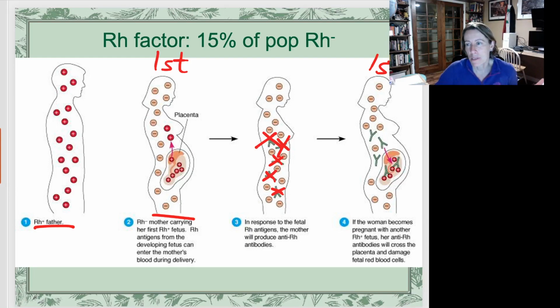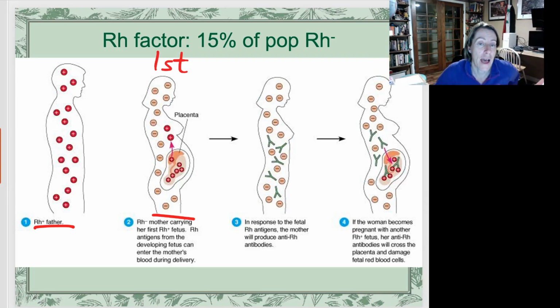RhoGAM has only been around, I don't know, not a great deal of time, maybe 50 years or so. I know my mom is rhesus negative. I'm rhesus positive. She had to have a series of shots after I was born so that a second child wouldn't have this problem. And before RhoGAM was available, women who are rhesus negative